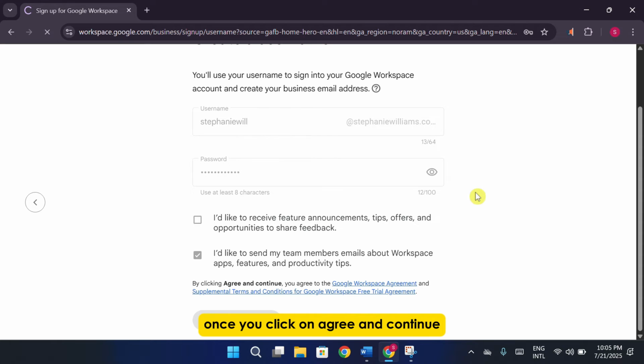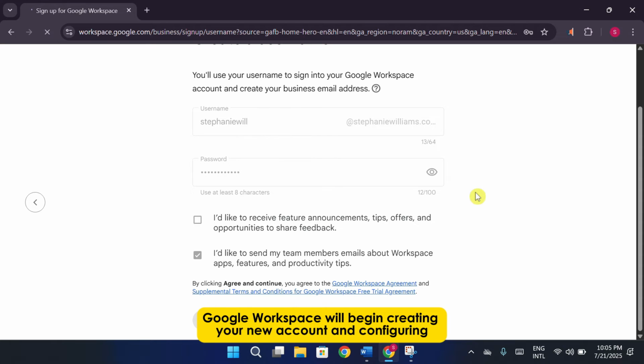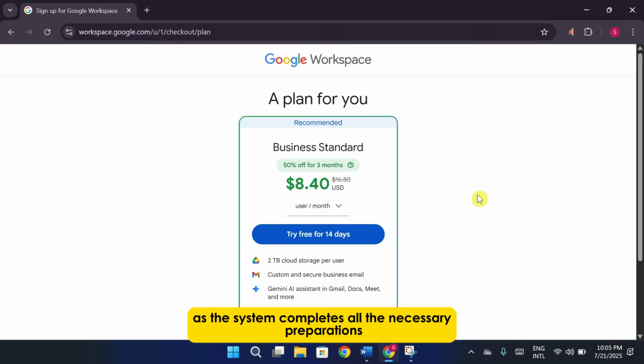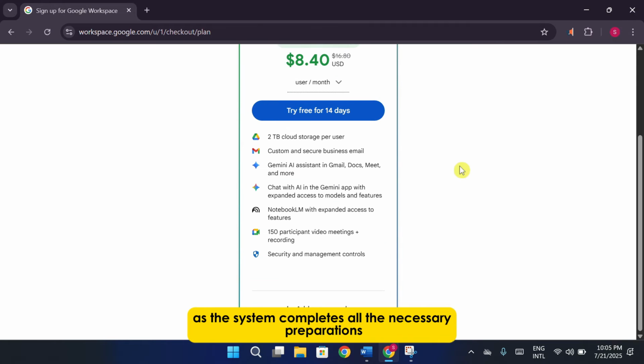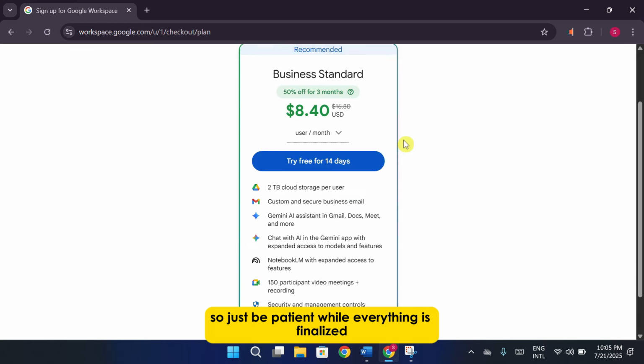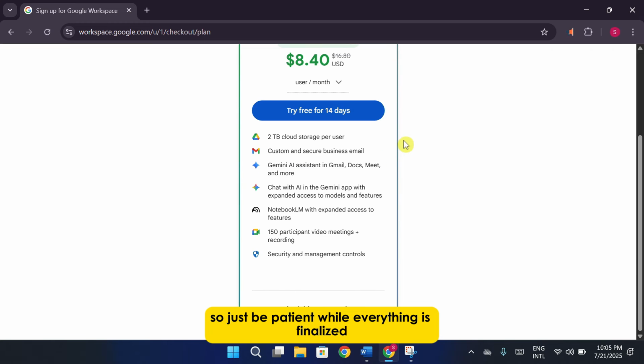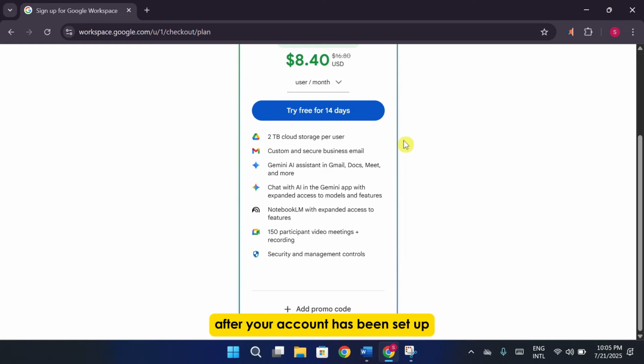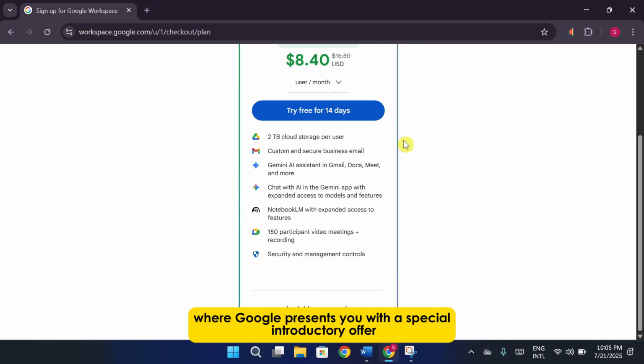Once you click on Agree and Continue, Google Workspace will begin creating your new account and configuring the initial setup. You'll see a loading screen as the system completes all the necessary preparations in the background. This may take a few moments, so just be patient while everything is finalized. After your account has been set up, you'll arrive at a screen where Google presents you with a special introductory